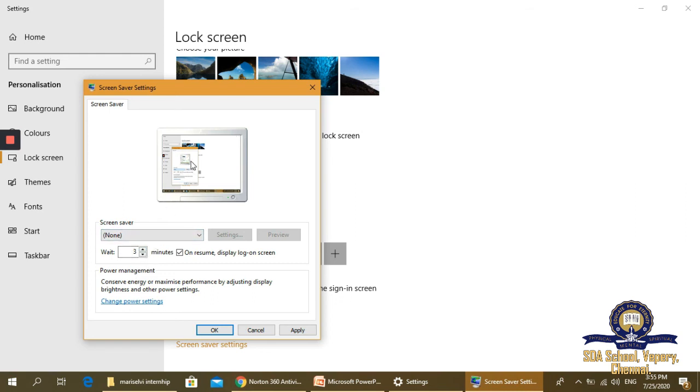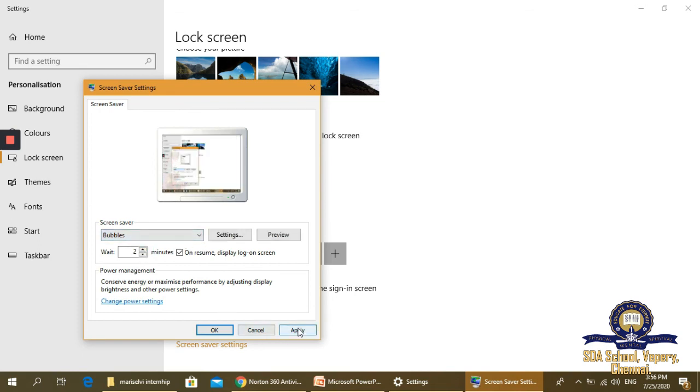This is the time settings. After selecting the screensaver picture, this sets when it will appear on the monitor. This is the time limit of the screensaver. If you want to increase the time, you have to click this arrow button. If you want to decrease the time, you have to select this.